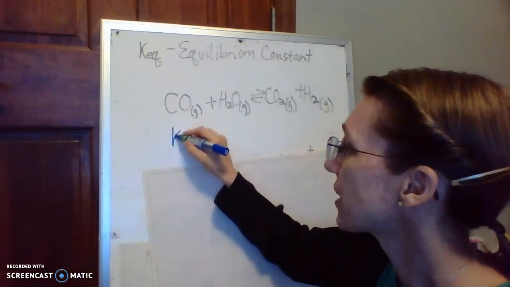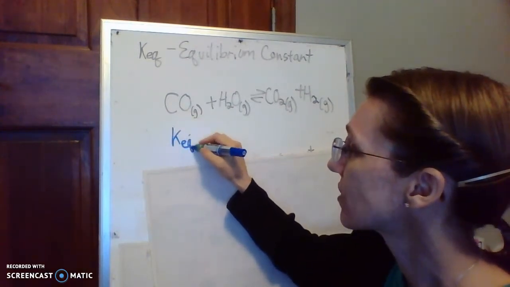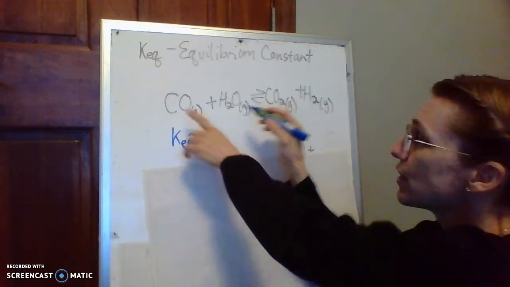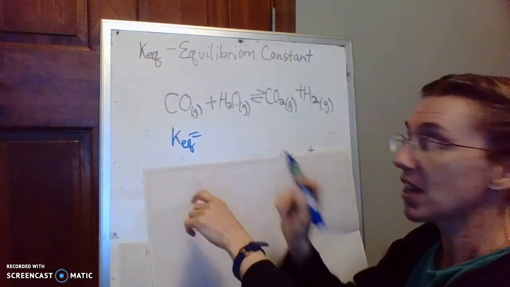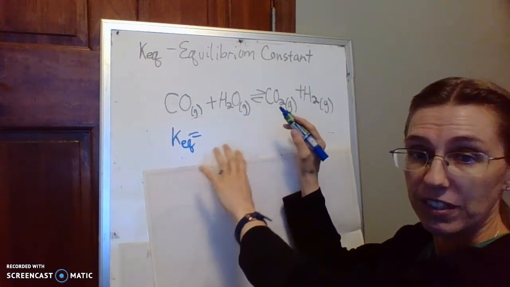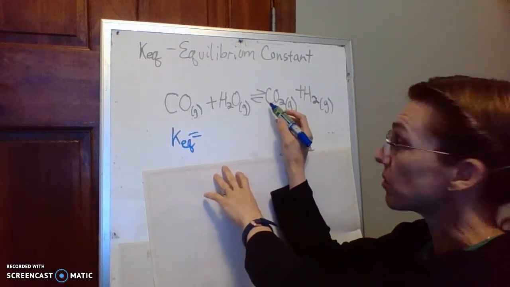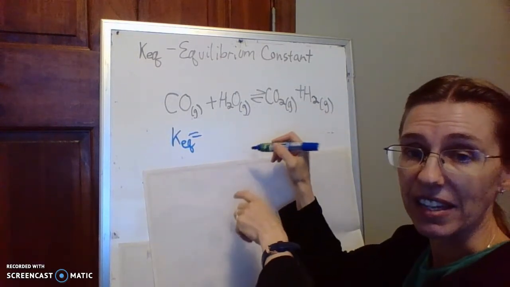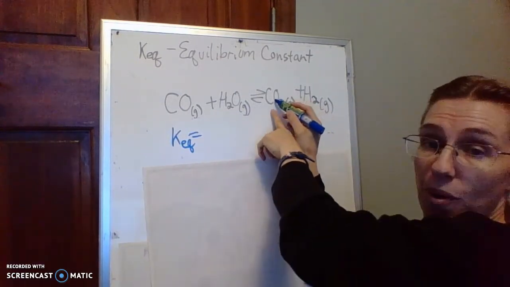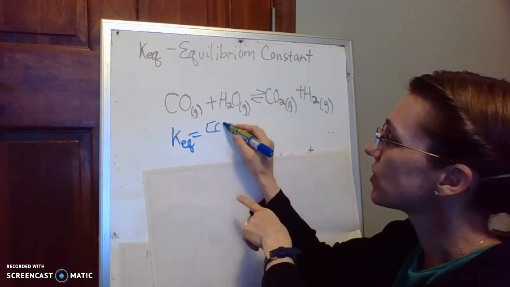Okay? We're going to do the KEQ. Remember, it's products over reactants. So this is balanced, so all of our coefficients happen to be 1. Okay? So this is the straightforward, simplest problem possible. They are all gases, so they will all be in the KEQ. So we're going to take our products, so that's the concentration of CO2